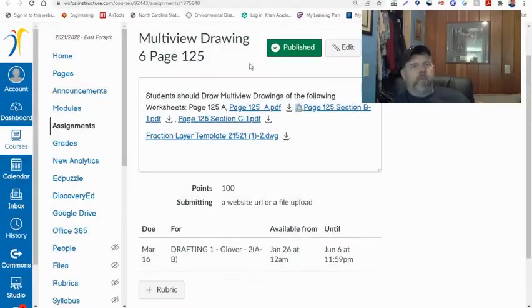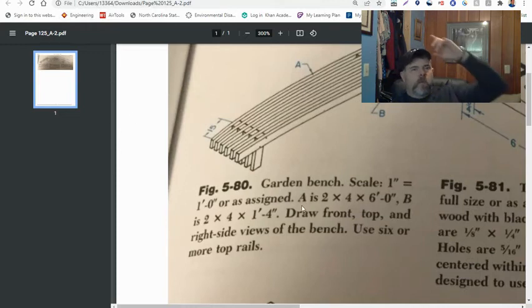All right, welcome back. Multi-view drawing 6, page 125. We'll start the first drawing on page 125A, which I've already got opened up here. All right, so we're working on figure 5-80 garden vents. The scale is 1 inch equals 1 foot, and we're going to draw it to scale, 1 inch